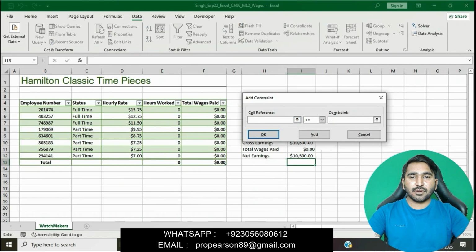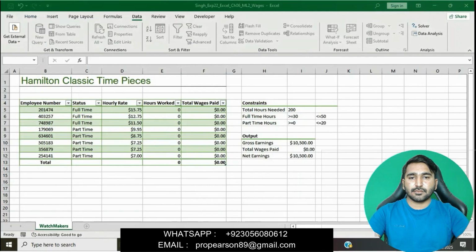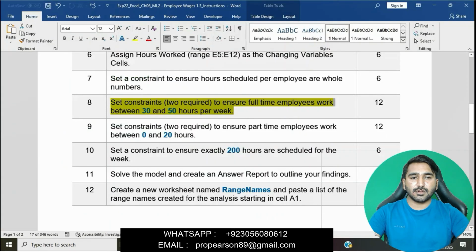And then click on add, then add constraint, then click on add and then we will set the constraint of 30 and 50 hours per week.